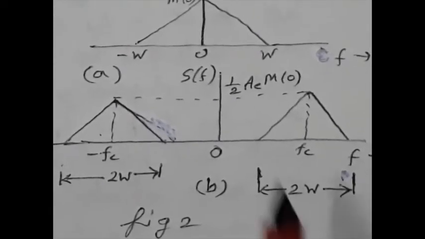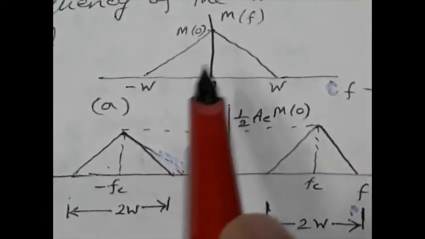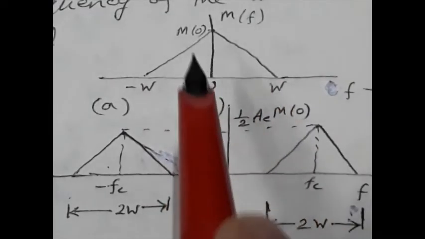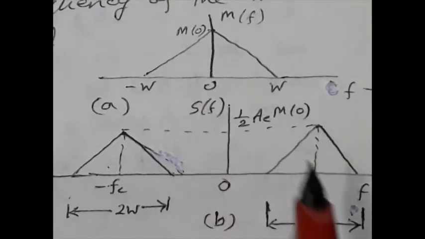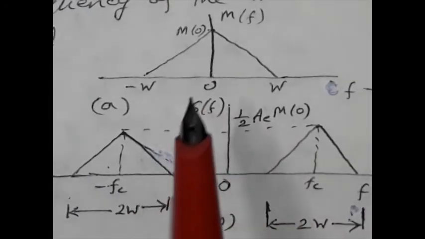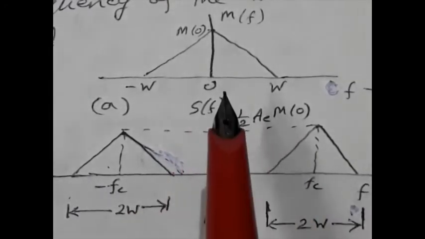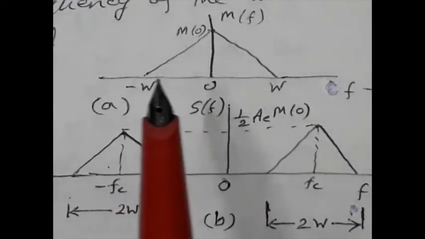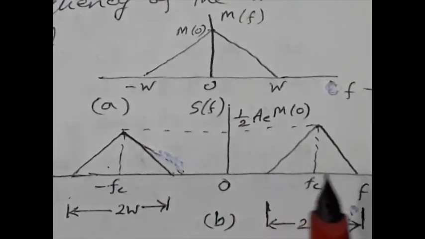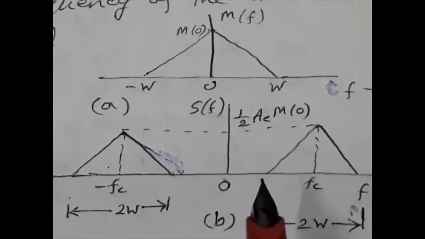will be this M(f) shifted by amount fc. The same M(f) will be shifted by amount fc, so it will be shifted to plus fc as well as minus fc. So the total bandwidth, the maximum value will be fc plus W, and the minimum value will be fc minus W. So the total bandwidth is twice W,